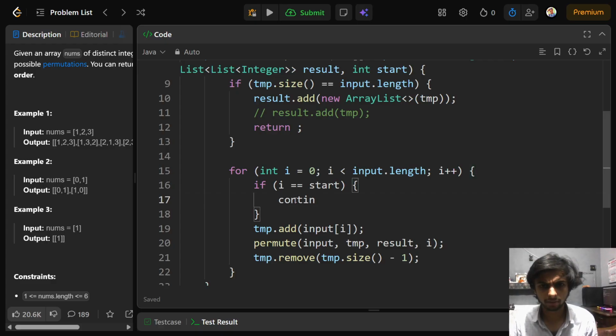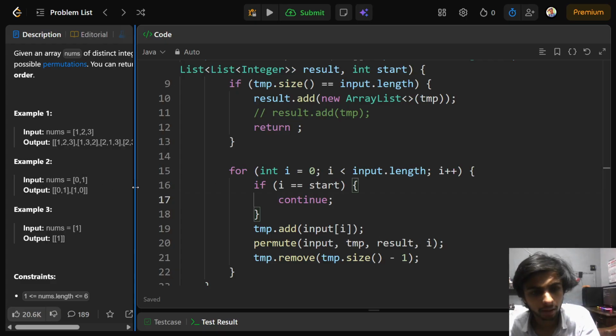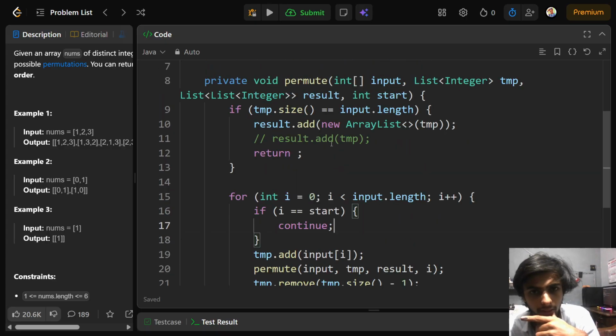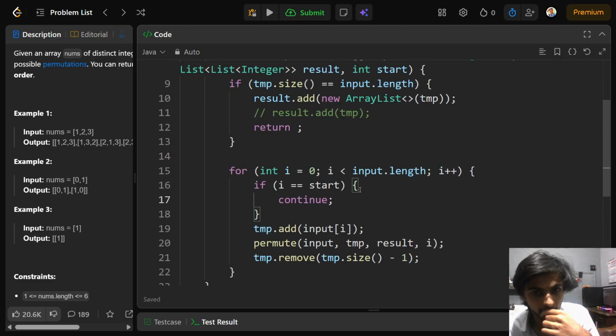Continue. Yup. Then you add 1, then you send 0. Then here at this step, this condition matches, boom, we have 0 1 in the final list. We return from the second recursion call,